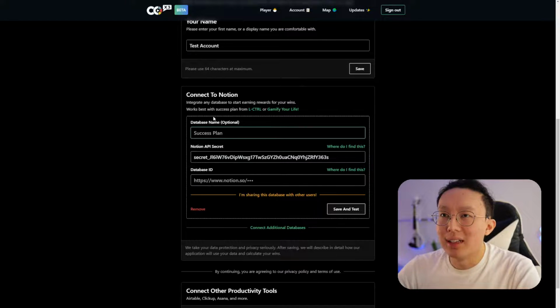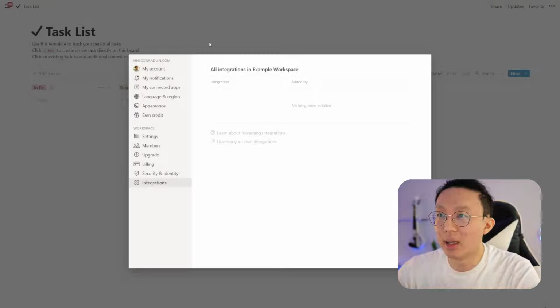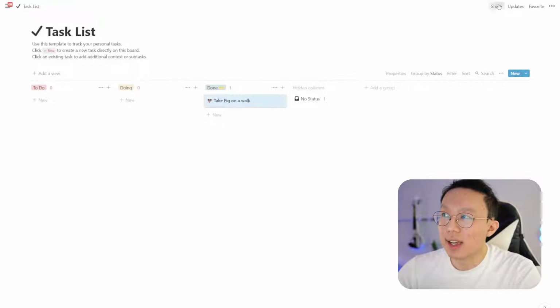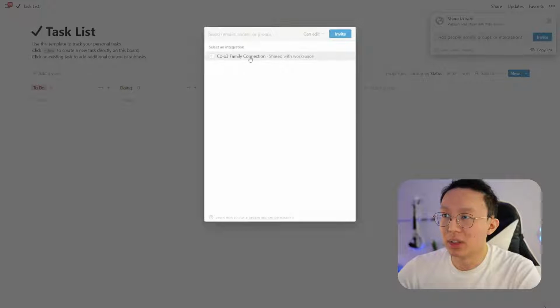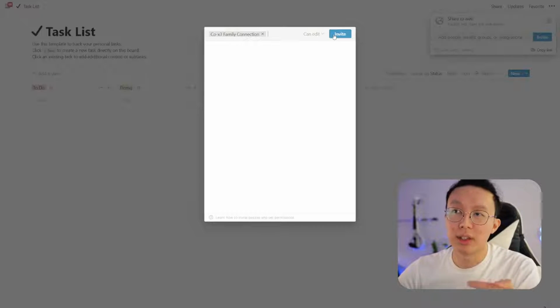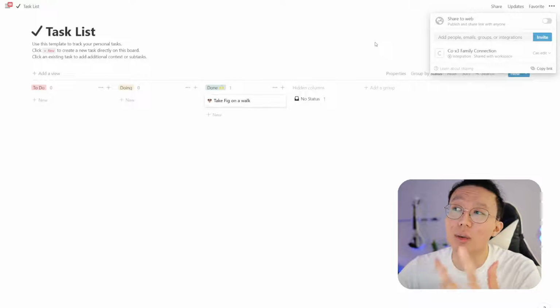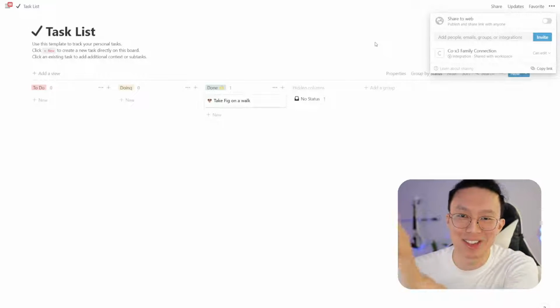Of course, I'm also going to add a database name for this. I'm going to do the task list example, or task list, I'll just call it that. And then what I want next is the database ID. So the first thing is in this task list, I want to share access to this integration, which is right here. I want to share access to this so the API can edit. And again, only the databases that you share with this integration, you will be able to edit. So the API key is not so insecure. You have to directly share it in this way before the app or the API will be able to get anything from your databases. So that's also something to know.